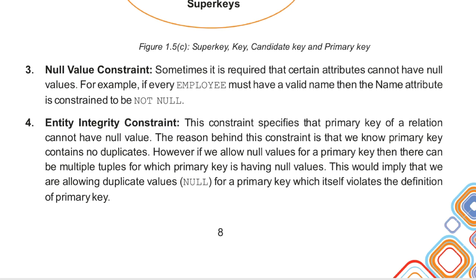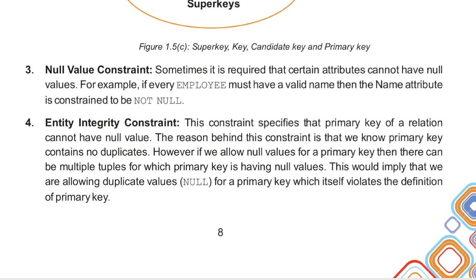We know that the Aadhaar number, voter ID card number or PAN card number cannot be the same for different individuals. So if I take the Aadhaar number of a person as a primary key, I can't set it as null value, because each and every individual has a unique value.